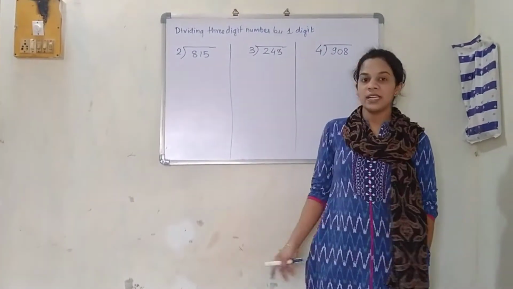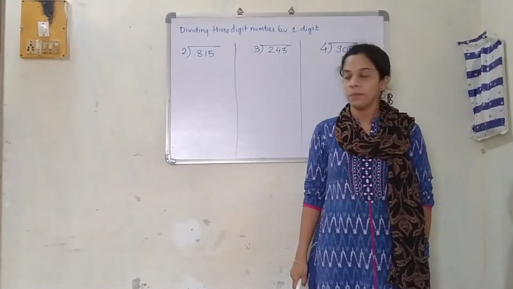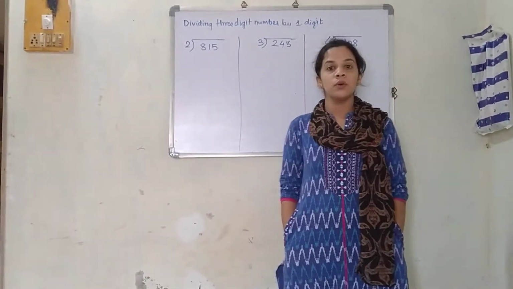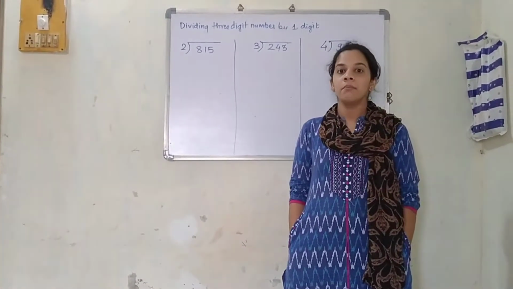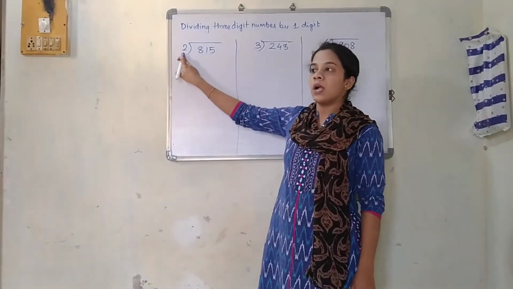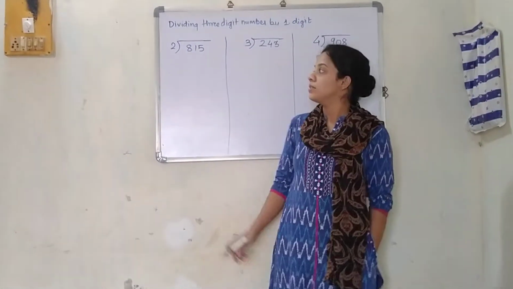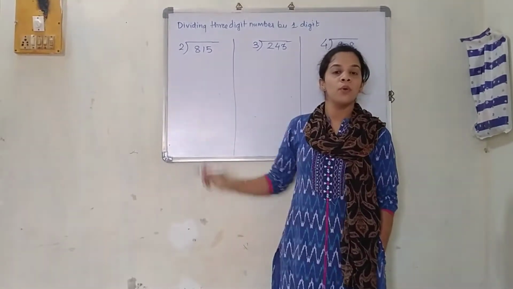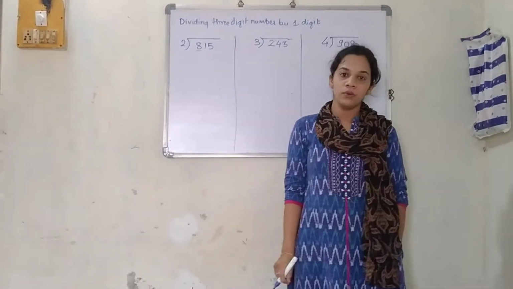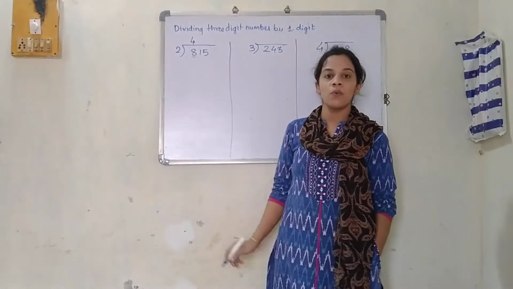So now we are going to see the next part of it. These questions are based on the same part but a little different from the earlier one. 815 divided by 2. 815 divided by 2 means what? You are going to divide 815 by 2. So how are you supposed to divide? You just see over here. You are going to start with the table of 2. Just focus on this first number. 2 ones are 2, 2 twos are 4, 2 threes are 6, 2 fours are 8. So we want 8, so we have taken 2 fours are 8.